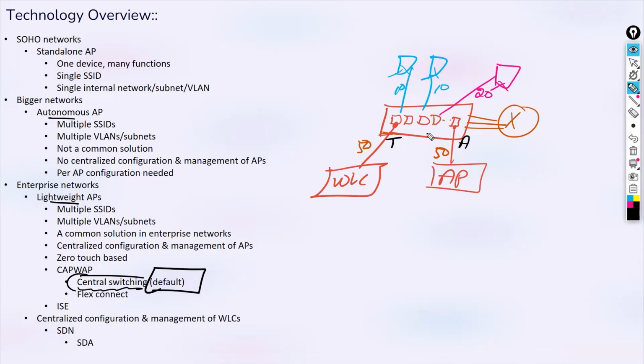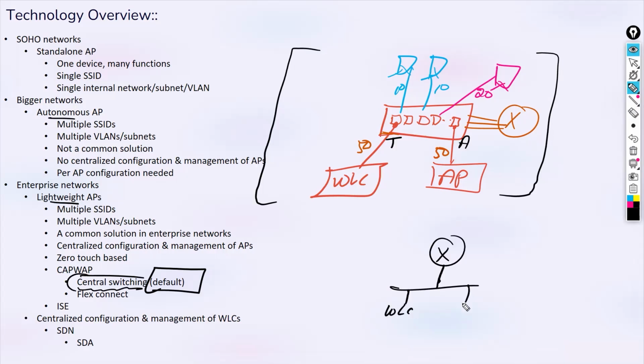But anyway, now let's see how it happens. All right. So physically, this part is there. If we talk about the logical, it should be like this. If you have a router here, one interface is where you have the WLC and the AP, one subnet, one VLAN, you can say.